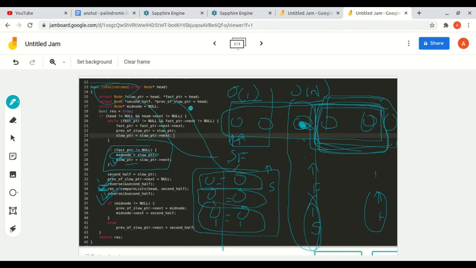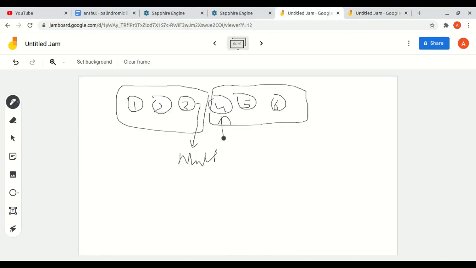This indicates that the slow pointer is at the element from which the second half starts. The slow pointer will be at the first element of the second half linked list.